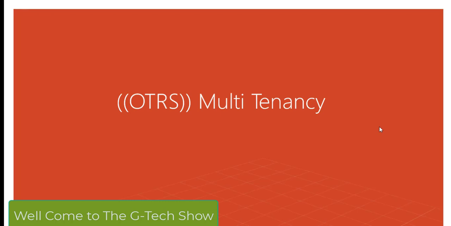Today I'm going to show you how to configure multi-tenancy in OTRS Community Edition. As we all know, multi-tenancy is a very good feature for a support company.